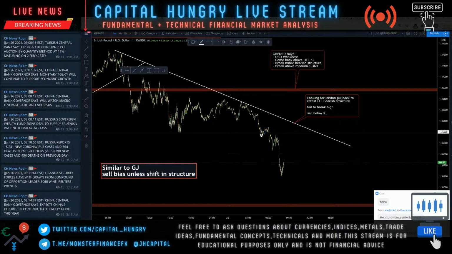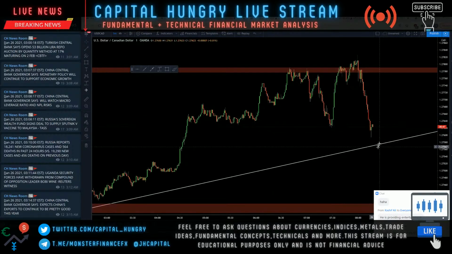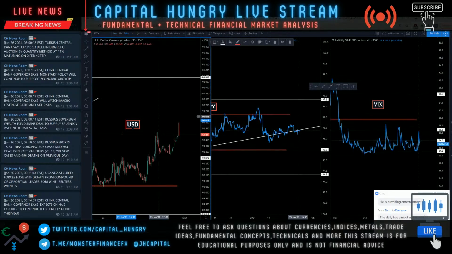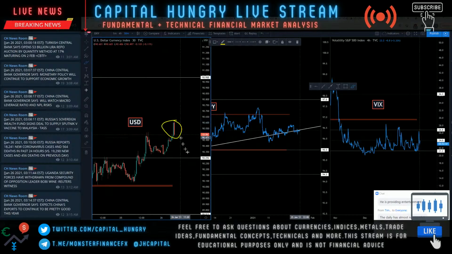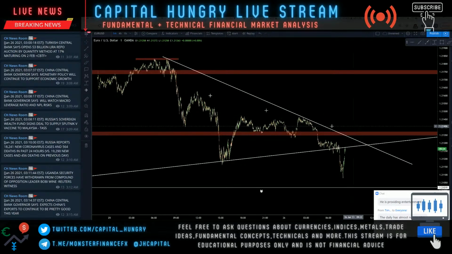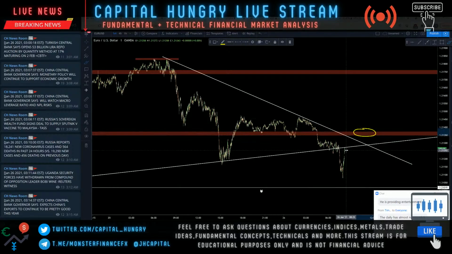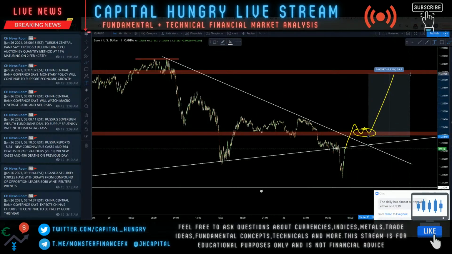GU also slowly giving us that pullback. UCAD, let's watch accordingly here if we create that support here. And if you're watching the dollar index, just be cautious that we don't fully correct this candle and continue back down. Because if we correct this candle and close back in range and continue back down on the US dollar standalone, then obviously EU is going to break above here and we can take scalp buys above here. Because if the US dollar continues bearish and we actually break above here, we have this scalp range all the way back up to these previous 1 minute highs.